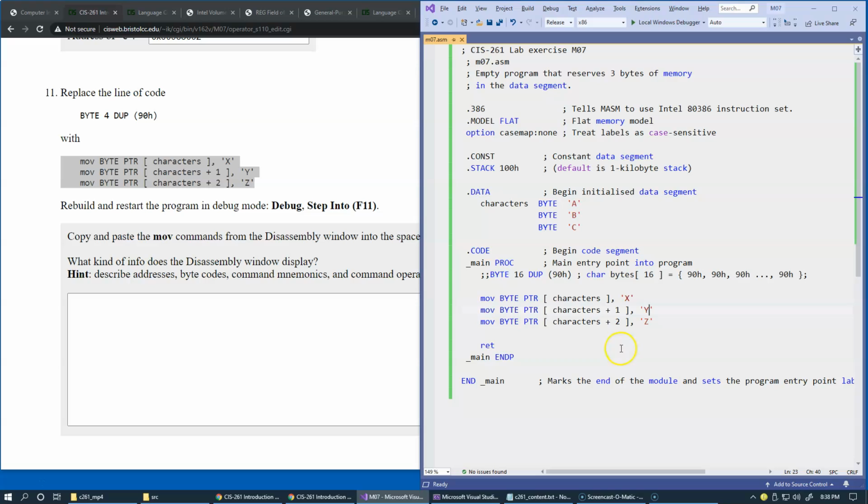Then, of course, we say now we want to go characters plus 1 and then characters plus 2, and you see that we're replacing ABC characters with XYZ. So this is just a move instruction here. So let's rebuild